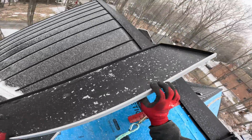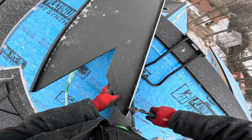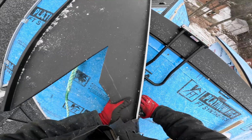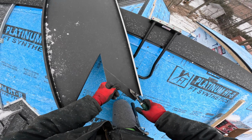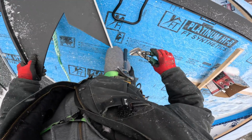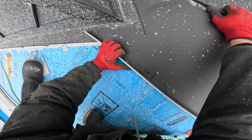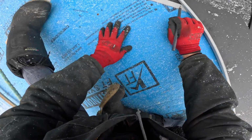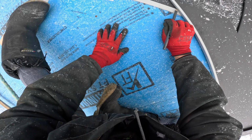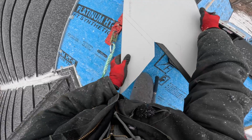Gonna roughly cut some of this excess material off like this. This isn't a finished cut. I'm just getting excess material out of my way so I can then reinstall this panel and get a very accurate mark. So I popped it in and get my pencil. I'm gonna mark right where it crosses that hook in the valley. And I take it out,